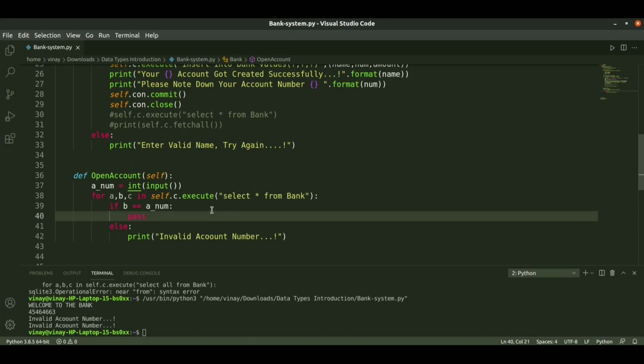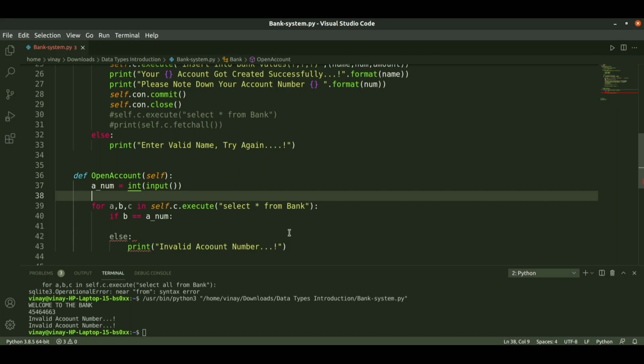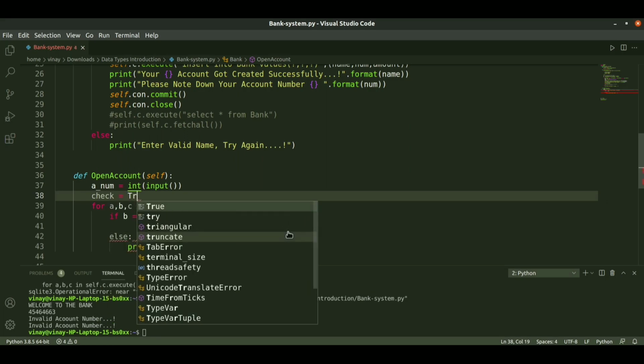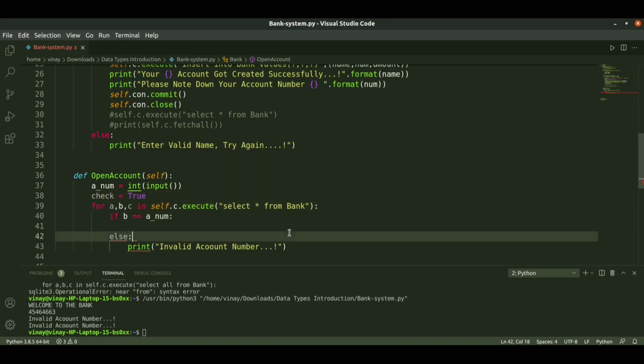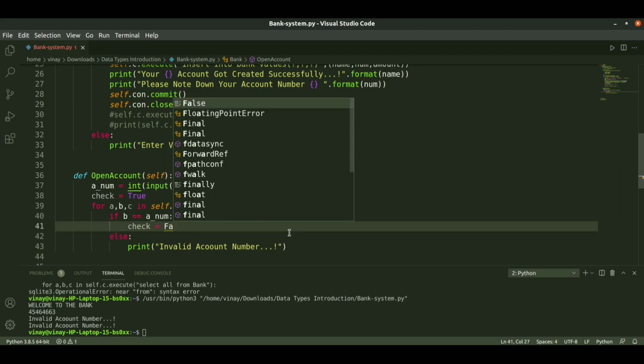So for that purpose, now I am taking the flag as check, and initializing it, first of all, as true. In this, if it is true, then check is equal to false.